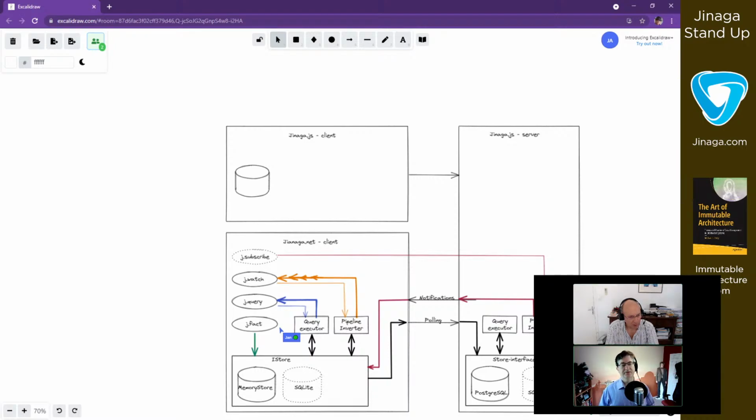Rather than query executor, it might be better to say pipeline creator or pipeline compiler.